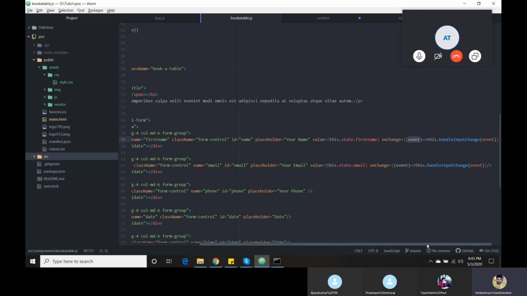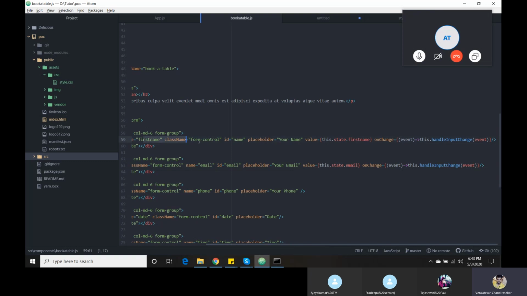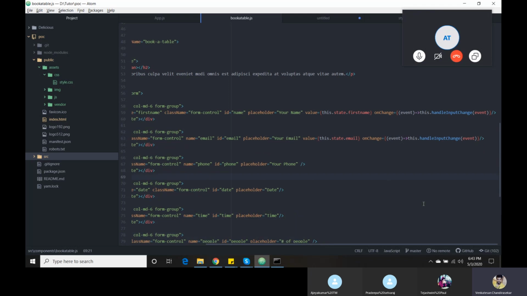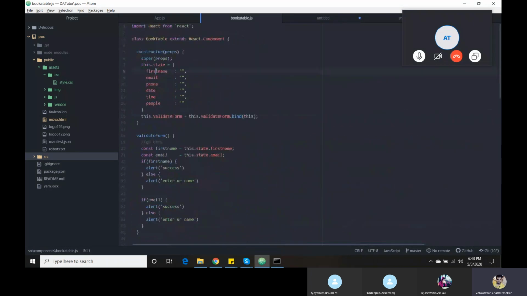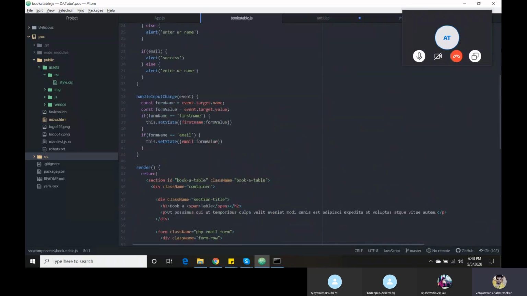It will help show where you are changing. The entire corresponding information it will give. Based on that, I am going to get two parameters: one is the corresponding name and another one is the particular value. I need to set that value into the correct state object. Whenever I change my first name, it should check whether it is the first form name.